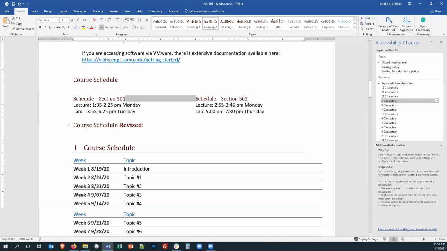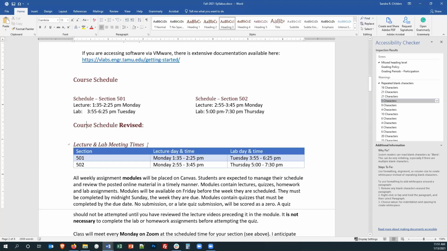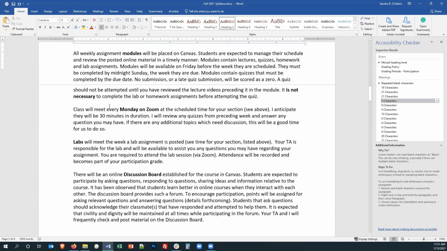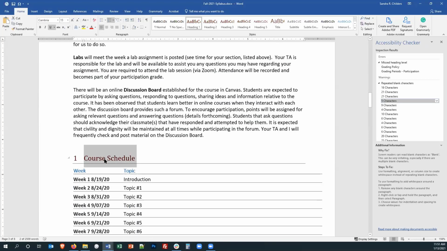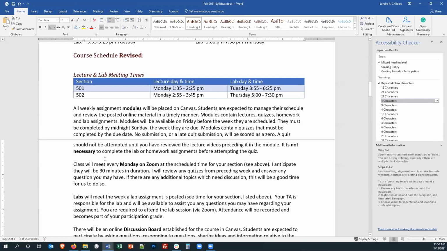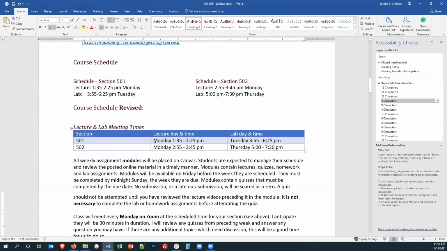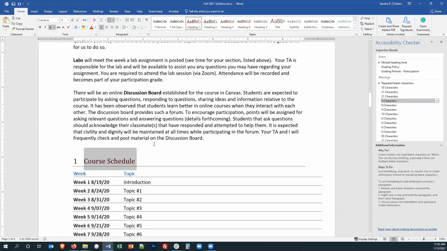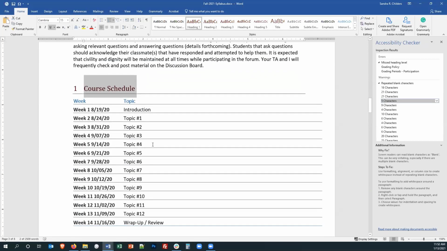So I've actually already created a table in this course schedule revised section. And I've modified the title, the heading that I would use in this area, because it doesn't make sense to have course schedule here and to also have course schedule here. We want to make sure our headings are unique so that students that can't see don't have to go into a section to find out what's in it, whether it's my lecture, lab, and meeting times, or my actual week-to-week schedule.